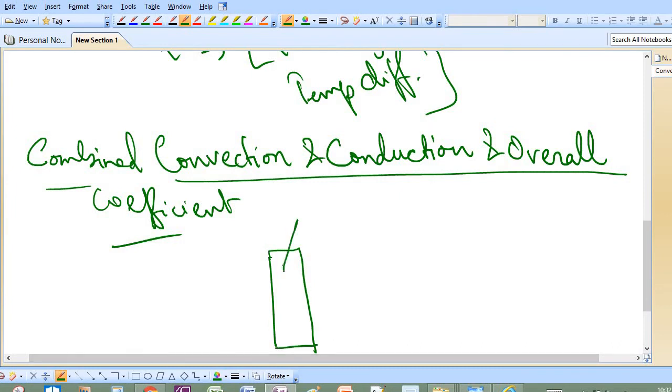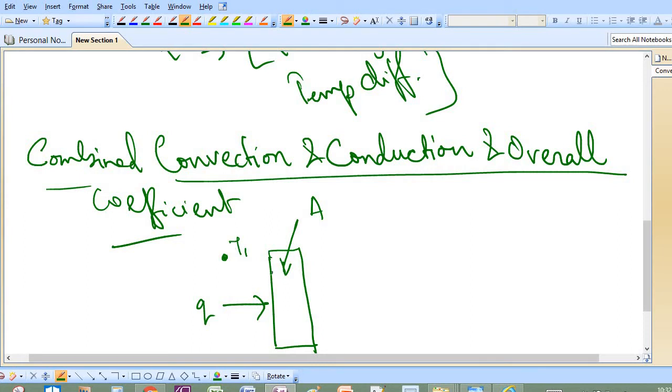which is having a cross-sectional area normal to the heat flow or heat transfer as A. Also, we are having Q, which is our heat transfer rate flowing from left to right. What do we have? Temperatures here. We are having our T1 here. This is the ambient temperature of the fluid at its bulk.